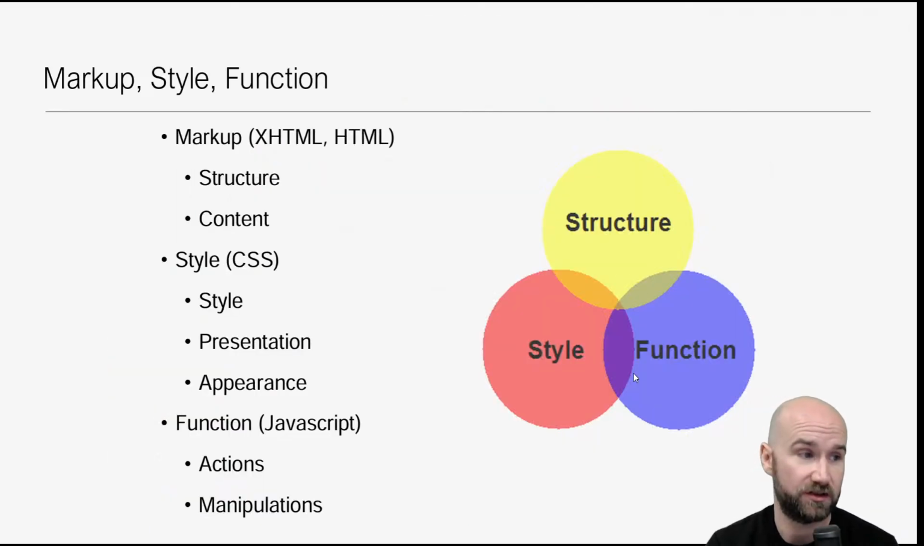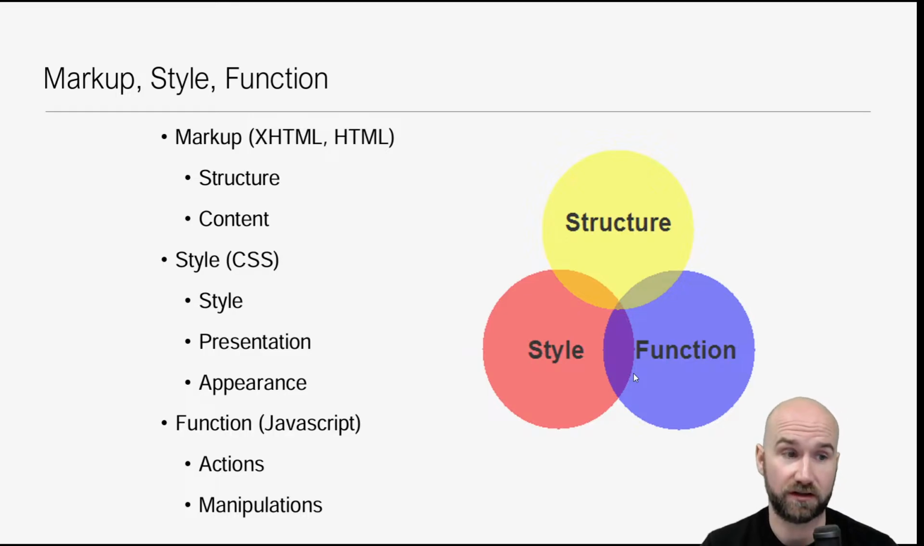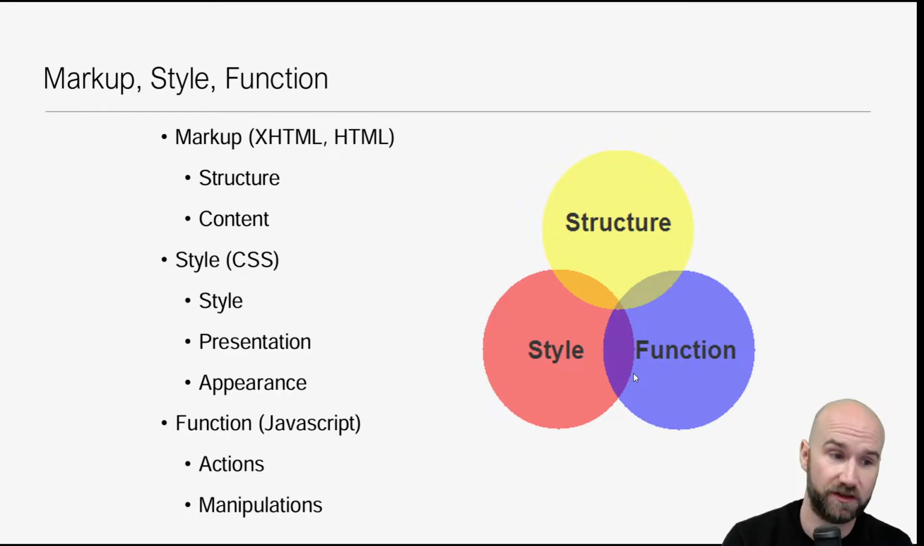And the distinction between structure, style, and function is an interesting one to think about. We want to keep all of these things separate. So the markup, our HTML, is our structure and our content. Our styling is done with CSS, so CSS for our presentation and appearance. And then any kind of actions that our page will do